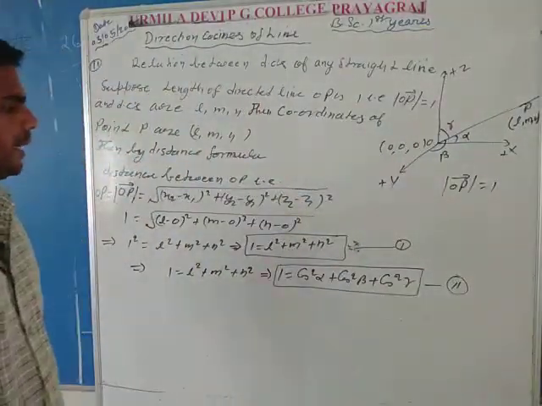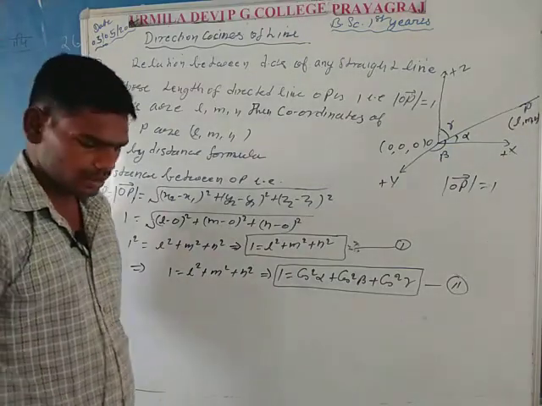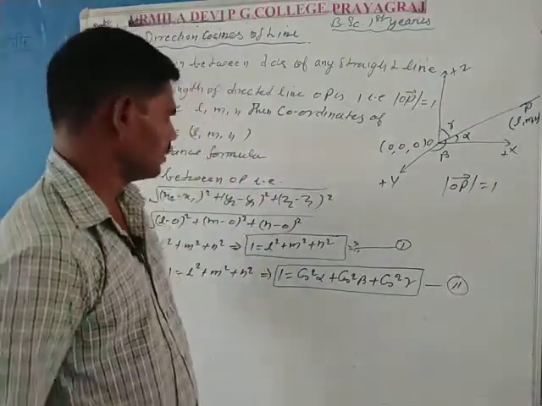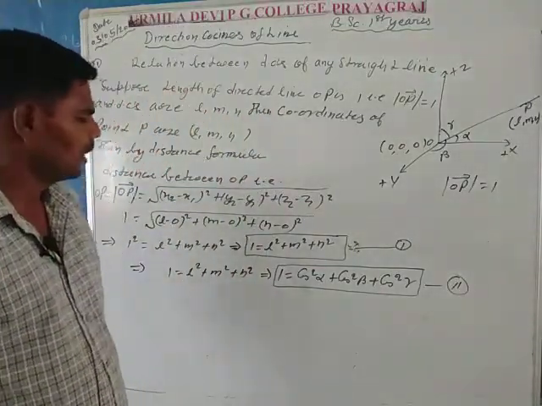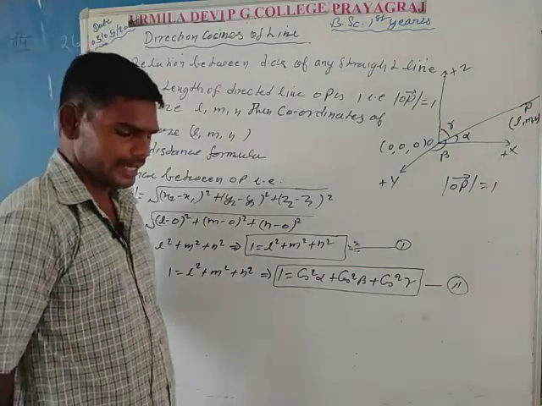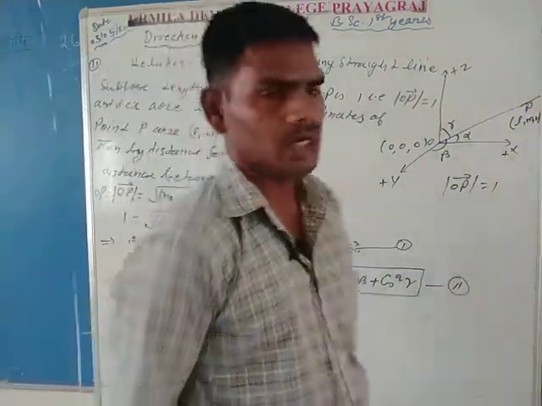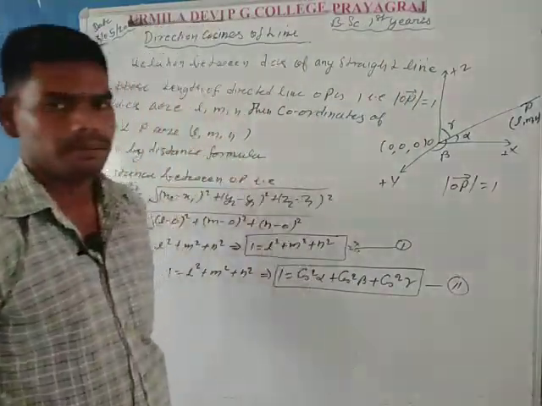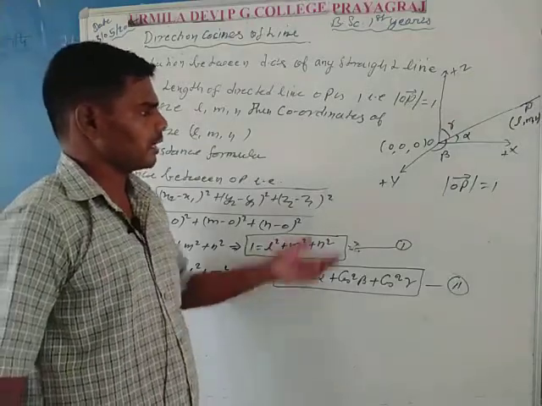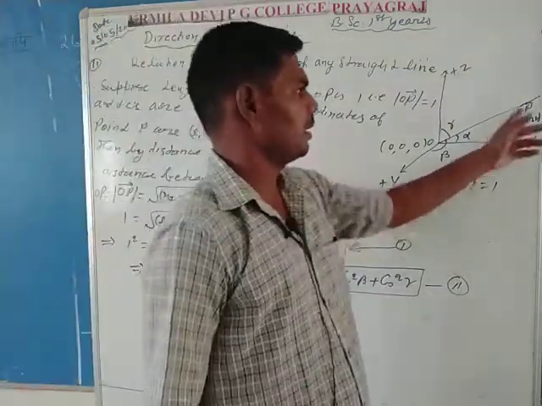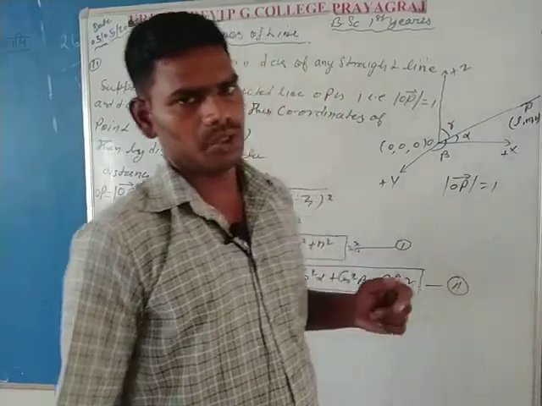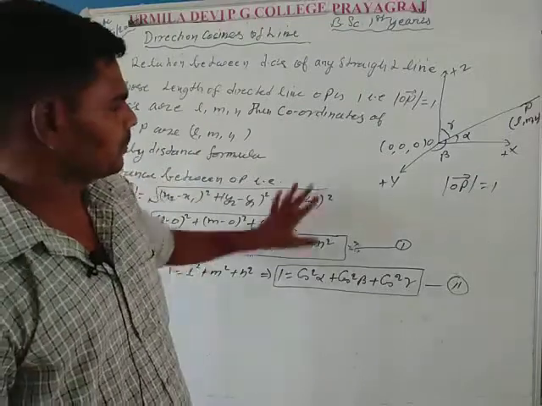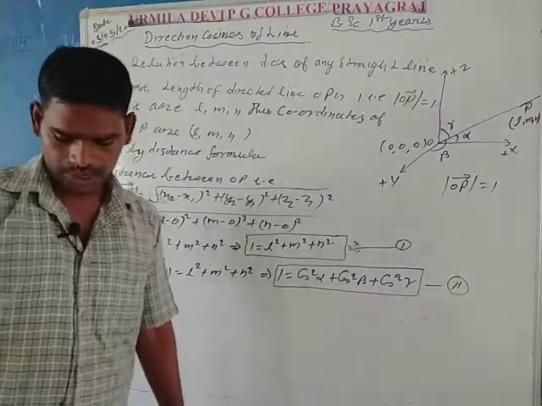So in this article you can draw two relations between direction cosines. The first relation is 1 is equal to l square plus m square plus n square, and the second is 1 is equal to cos square alpha plus cos square beta plus cos square gamma, where alpha, beta, gamma are the direction angles made by the line with the positive x-axis, positive y-axis and positive z-axis. So it's clear. Now consider the next article.